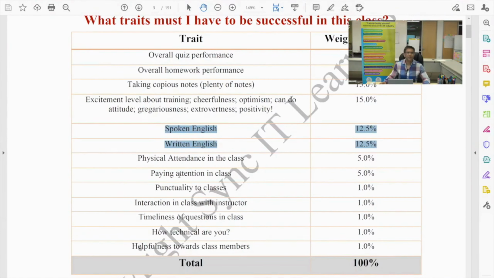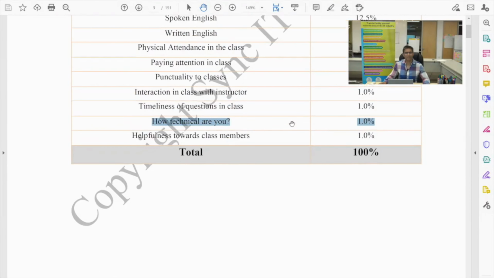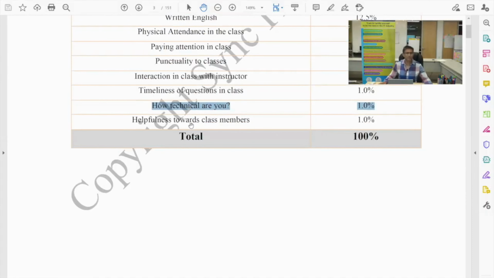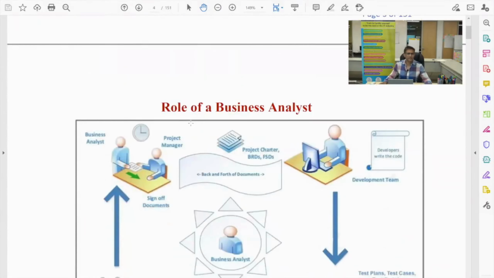All right, by the way, you might notice something strange here. You might notice, wow, being technical is not one thing that you need to be a business analyst. And that is indeed correct, because really, you don't need to be a software developer. You don't need to have computer science, computer degrees, MIS degrees, MCA, computer applications, all of that. You just need to be smart, educated, well-spoken, and any technology skills that you need, I'll teach you in this class.